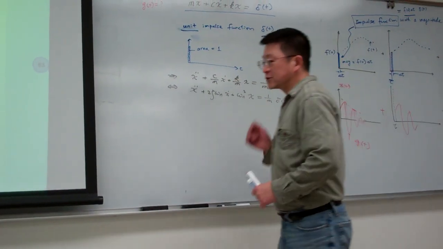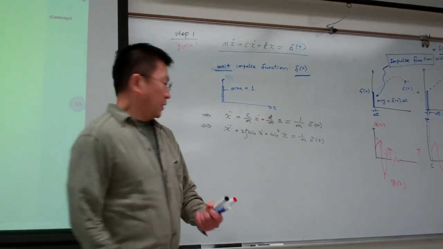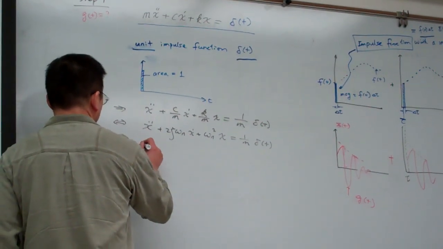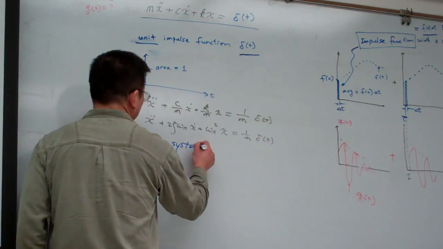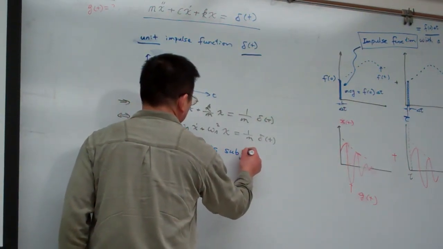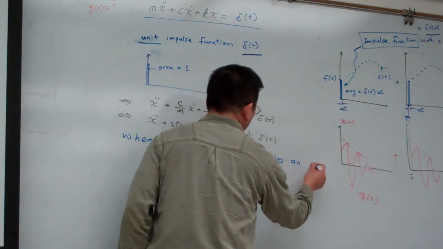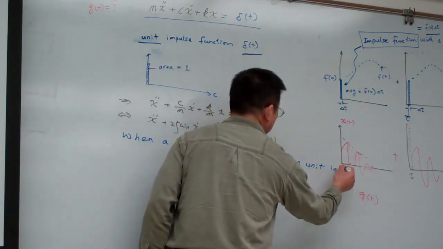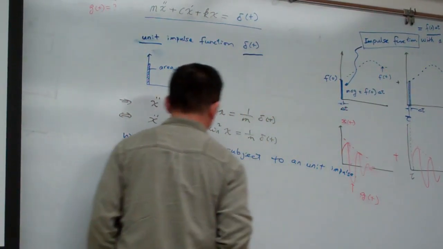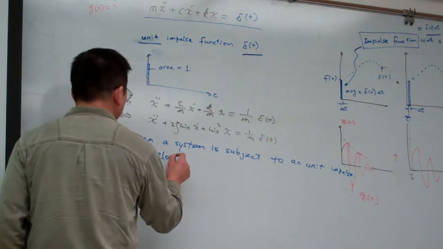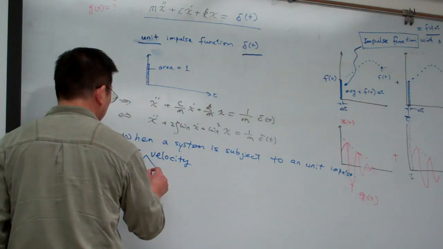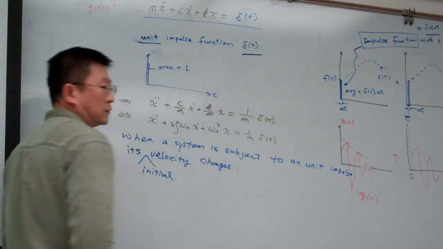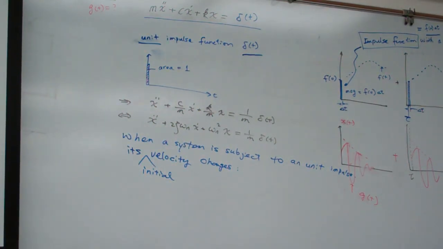Good? Okay, so keep this in mind. Let me rewrite the word. When a system is subject to a unit impulse, its velocity, in particular initial velocity, changes. Okay, so basically that is